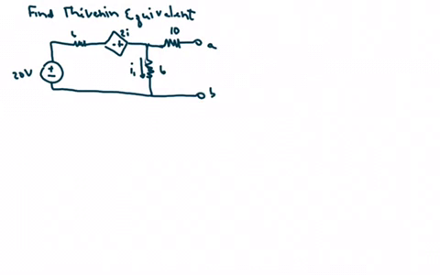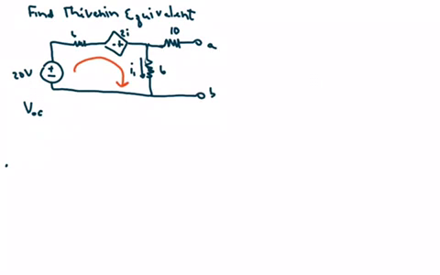So for this problem, we're going to be finding the Thevenin equivalent when we have both a dependent source and an independent source. So we know that we can't directly just get rid of the dependent source to find RTH. So we have to find VOC and ISC in order to solve. So first we'll do VOC, and we can use a loop here